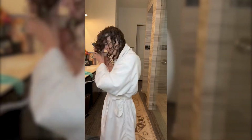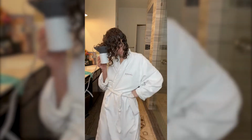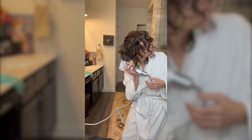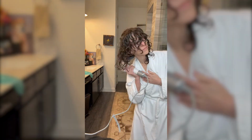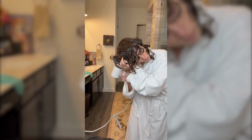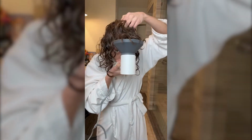Now, the first thing I'm gonna do with my hair dryer is I'm gonna build a cast around my hair. I'm going to put some air on the top of my head and all around. And then what I'm gonna start to do is lift my curls from the bottom. What I usually do is do it in clumps so that it's kind of lifting that bottom edge of all of my curls. I set it for about 10 to 15 seconds and then I release it and I go